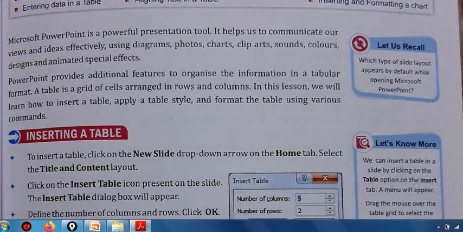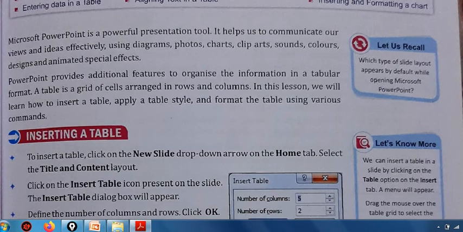Most of the things we know: how to insert photographs, how to use clip arts, right? We can insert a text box, we can change the color of the font, we know how to use word art. These all things we have already done, right? In our earlier class, that is in class 5, we had done all this. We will see some additional features in this chapter, right?